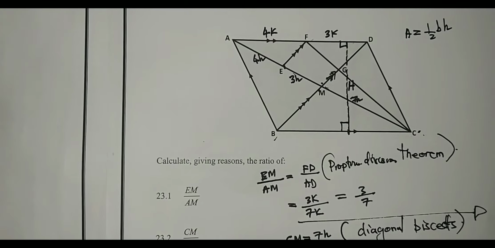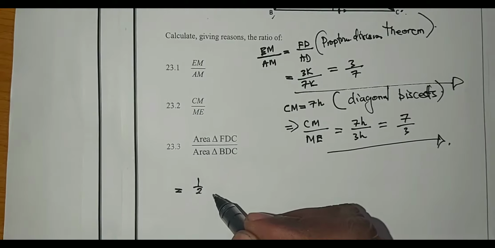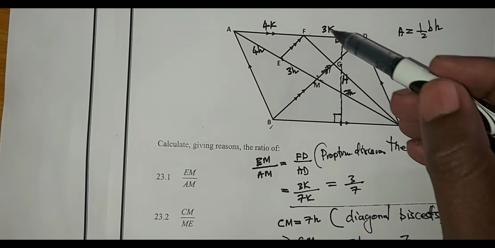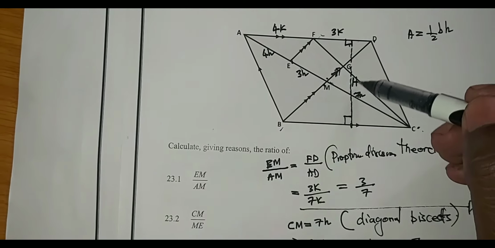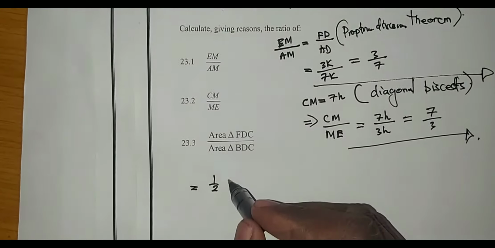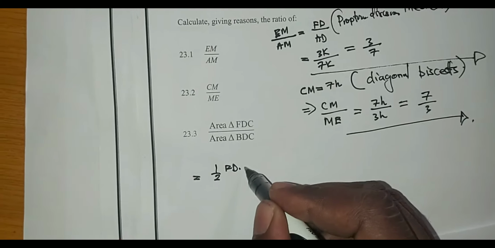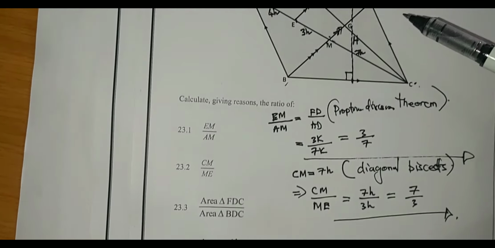So the area now becomes half my base. My base is FD and the height is H, which is there. So it will be half FD multiplied by height H, all over